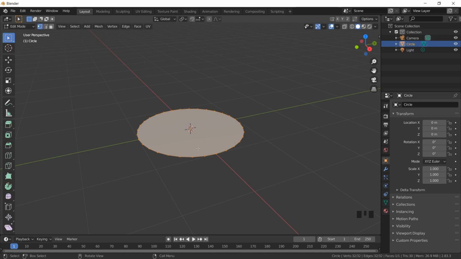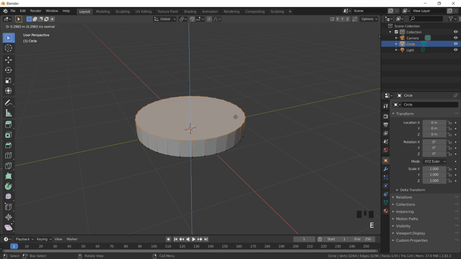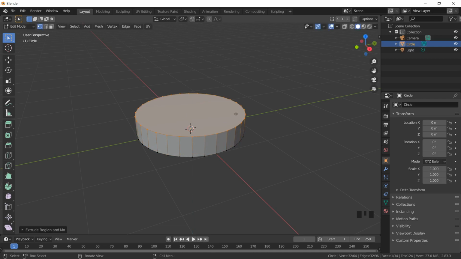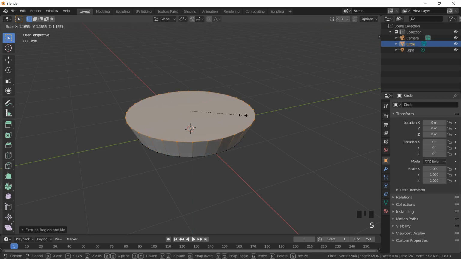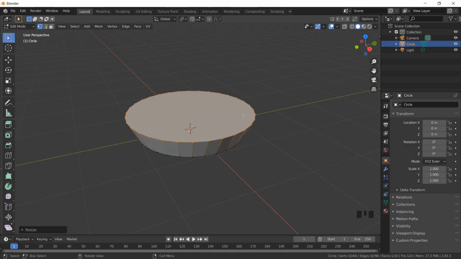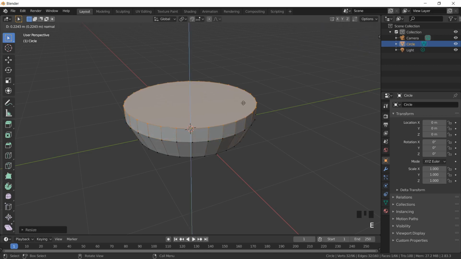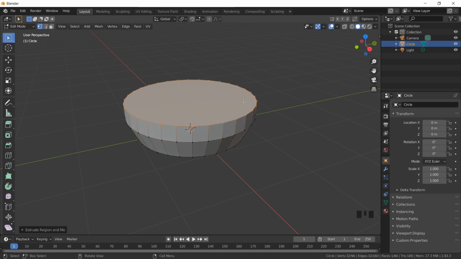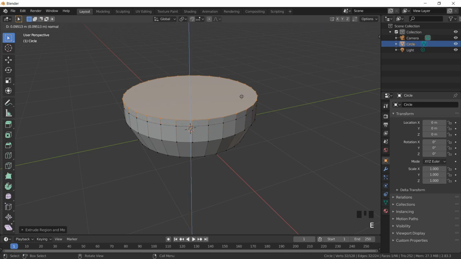For making a vase structure, we're going to work with two keyboard options completely. One is E, which is for extruding, and S is for scaling it either inwards or outwards. So let's start with this operation. When I say E, I'm going to extrude it outside, as much as I want, and then I will say S to take it inwards or outwards. Then again I will say E to take it extruded upwards. Then I will say again E for extruding upwards, and then S